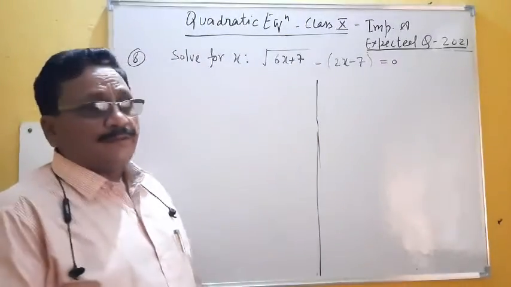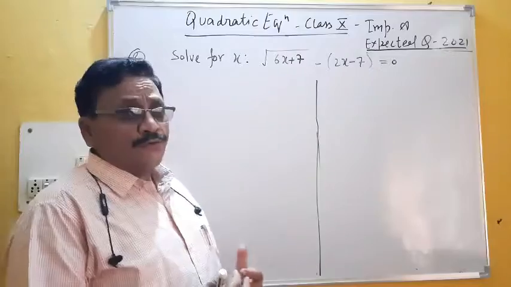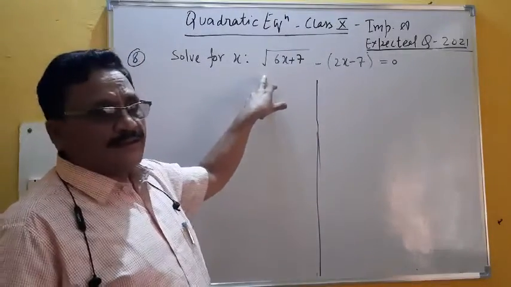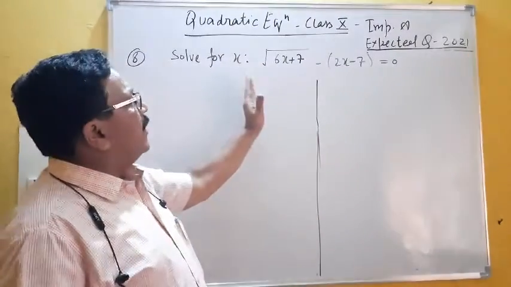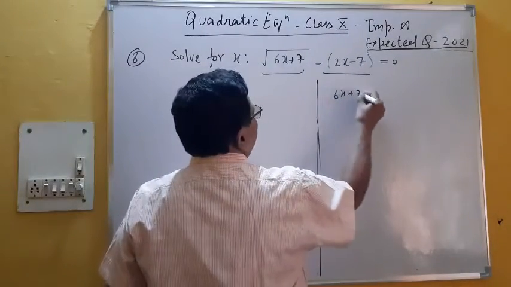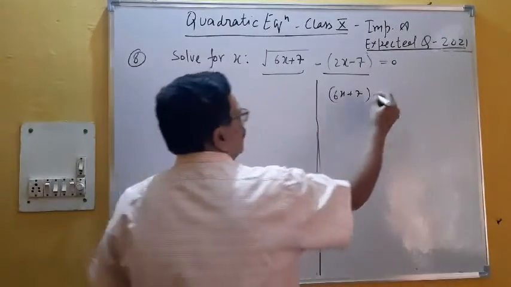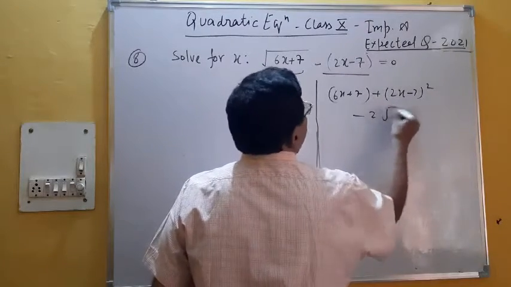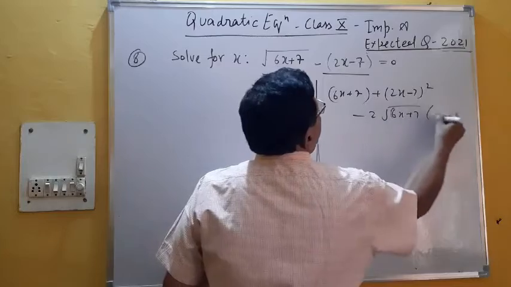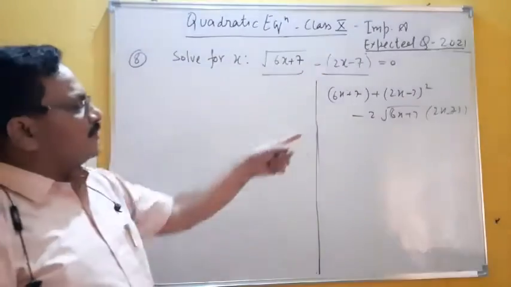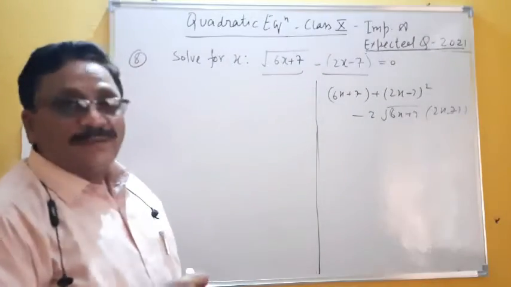By squaring both sides. But what will you do differently? First try to understand. If I square both sides of the same question, I will get a square root sign again. How I am showing you: this is a square, so now you check 6x + 7, this is the a square form, then plus b square form, then minus 2ab form. So there is no use of squaring again, because the square root sign is coming again. So what is the best way?